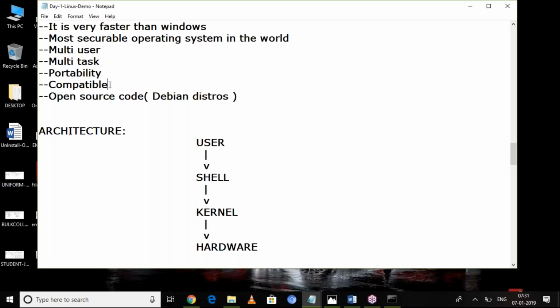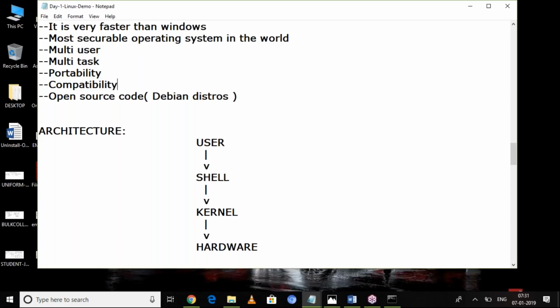Compatibility. What is compatibility? Simple. It is compatible with any computer technology. In the old days we had C, C++, Java, or otherwise different technologies, Microsoft technologies, .NET. So any technology is supported by Unix or Linux.